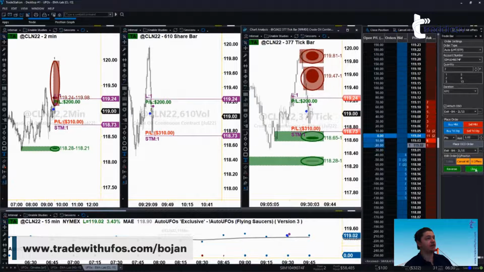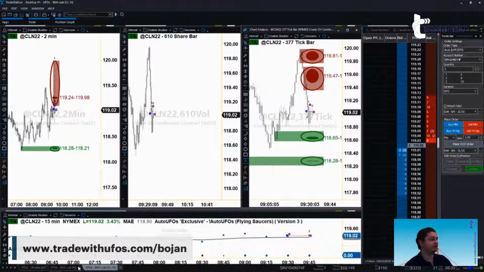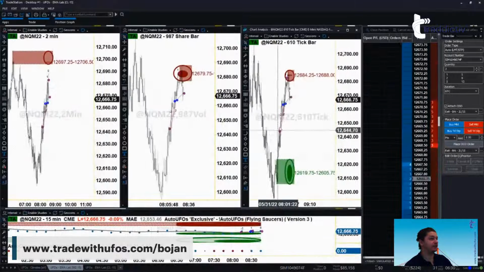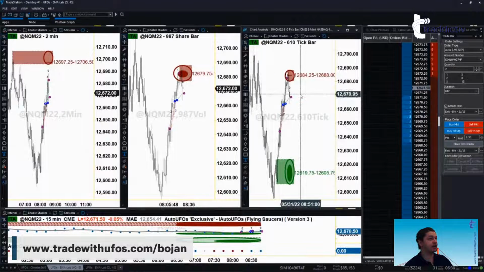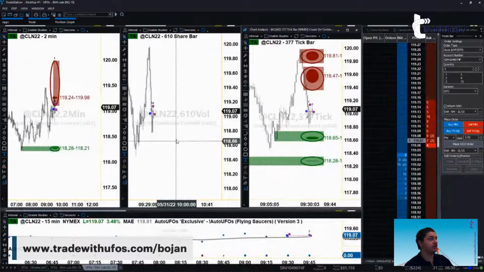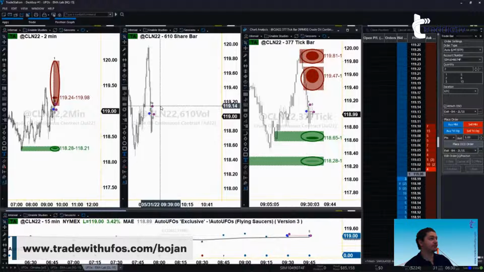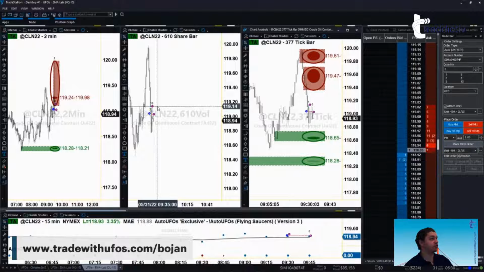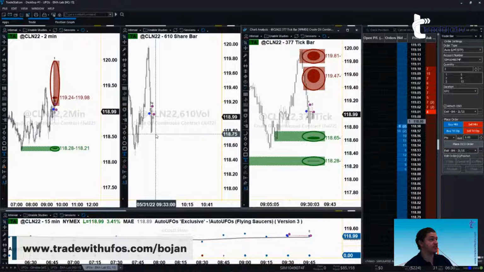Oh, crap. That's on me. I didn't move the T1, so it already gave me T1 up there. Oh my god. Okay, so we are out of the Nasdaq trade. We can still wait and see if a new UFO forms there. That's what it was. I didn't move the targets on the crude oil, and it filled the targets before I could even move it. Pushed down to almost the stop, right?